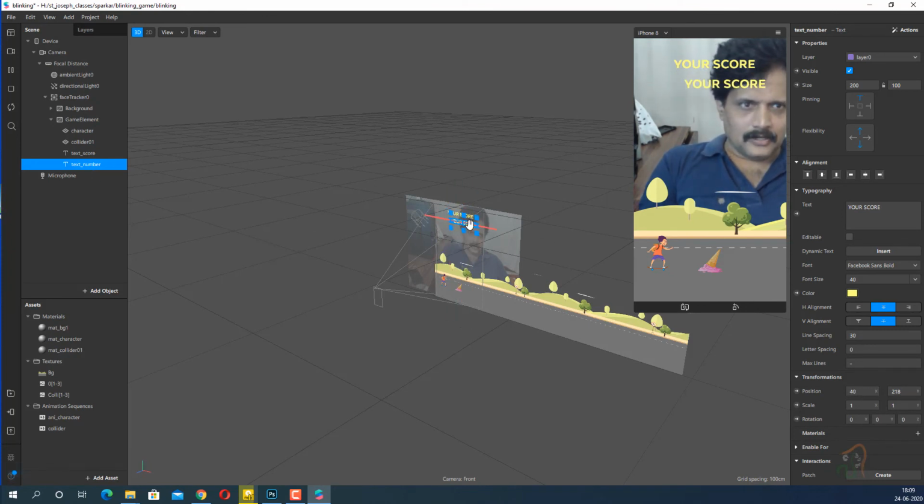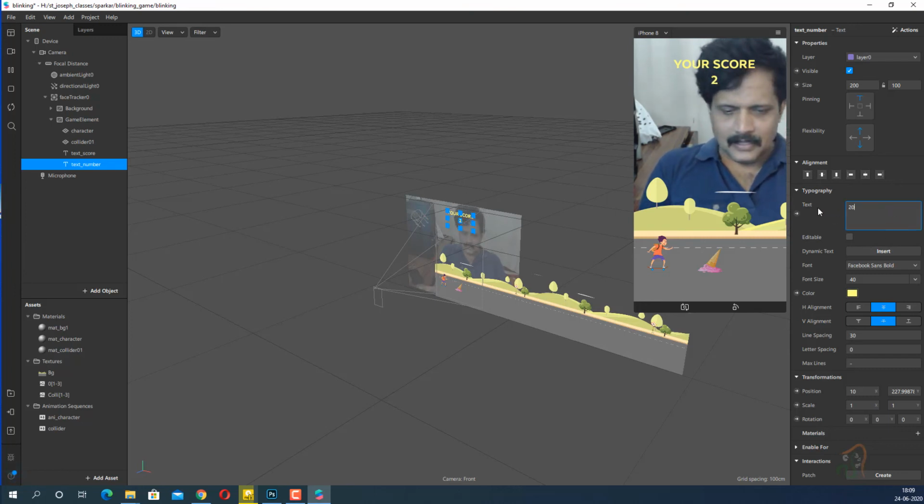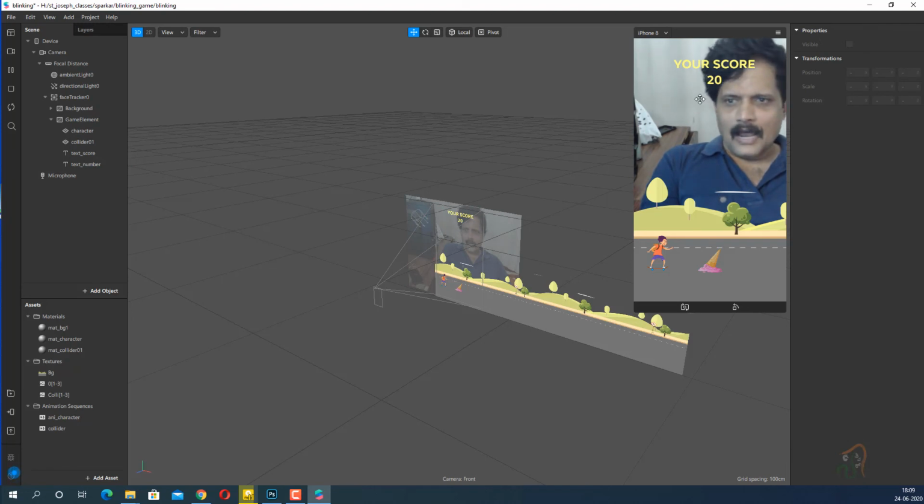I will move it somewhere here at this point, and I will enter some number here. Say for example I will enter the number as 20. So we have the score added over here. So we have added the character, the collider, a text layer score, and we have also added the number.